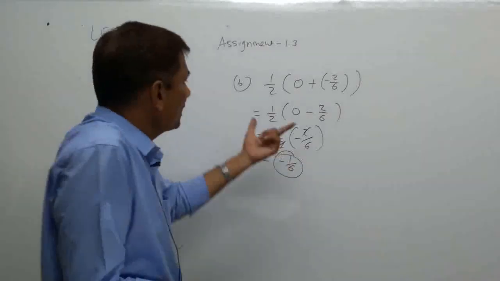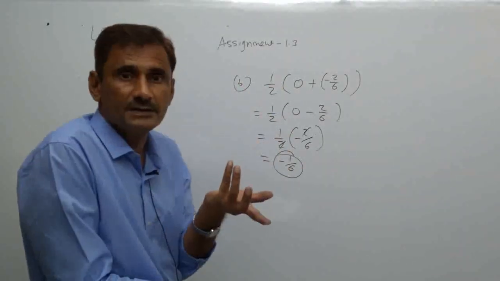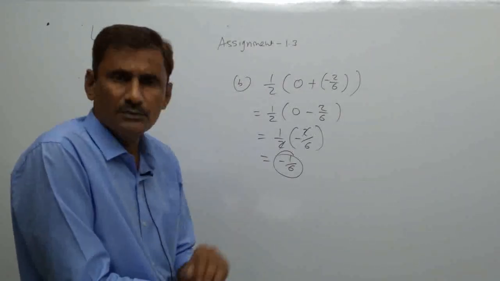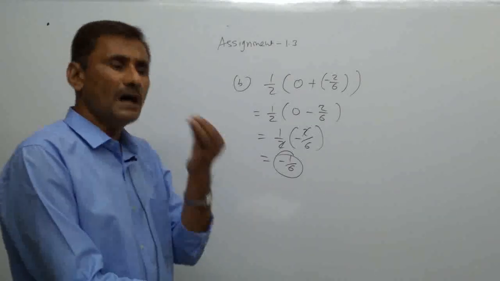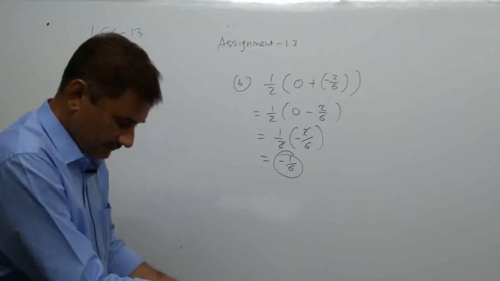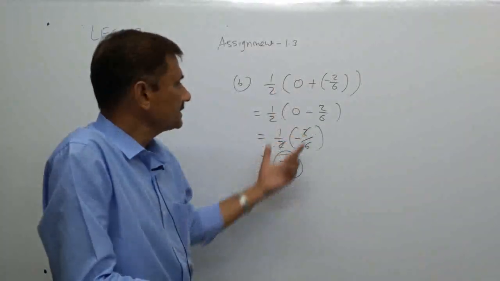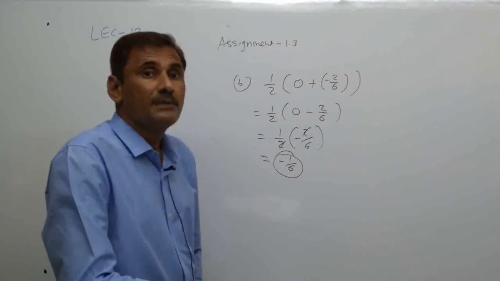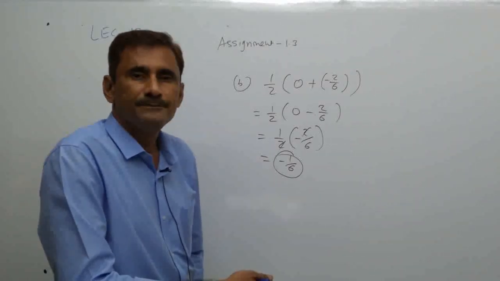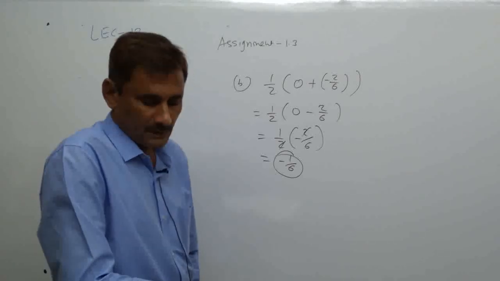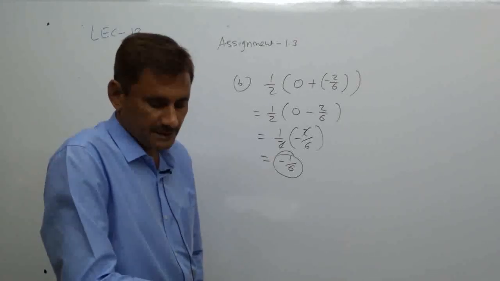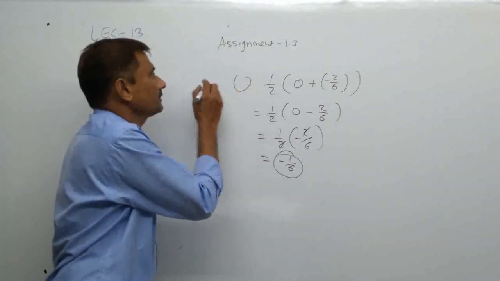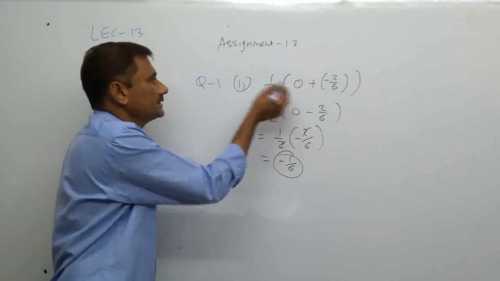Why do I adopt this type of strategy here? Because there are so many numbers in between, this type of question cannot be easily asked in an MCQ. So in MCQs we have to apply this type of strategy. We may say many times it is the trial and error method. So this is that only. So option B is the answer for the second one. This is question 1, 2.